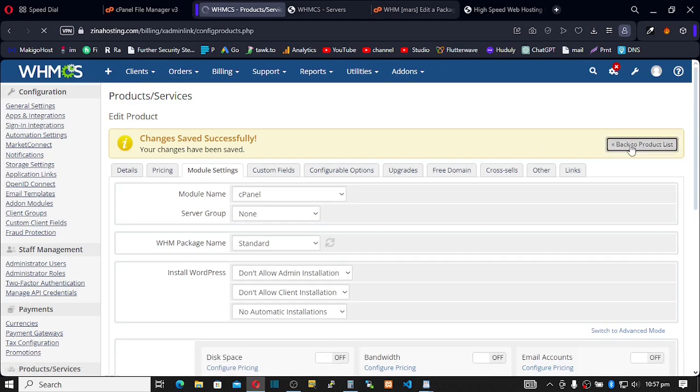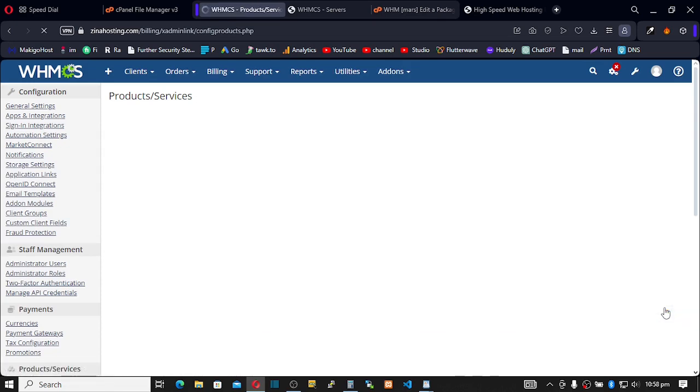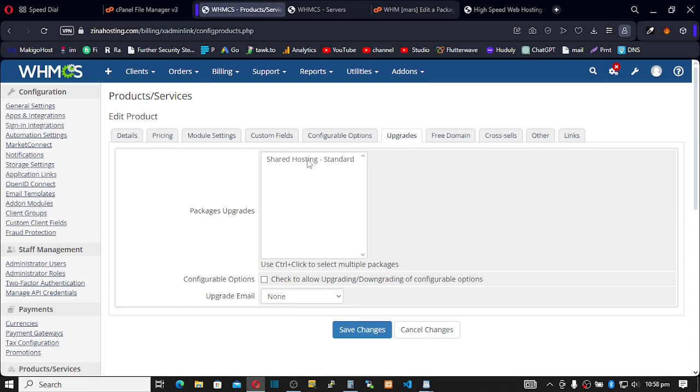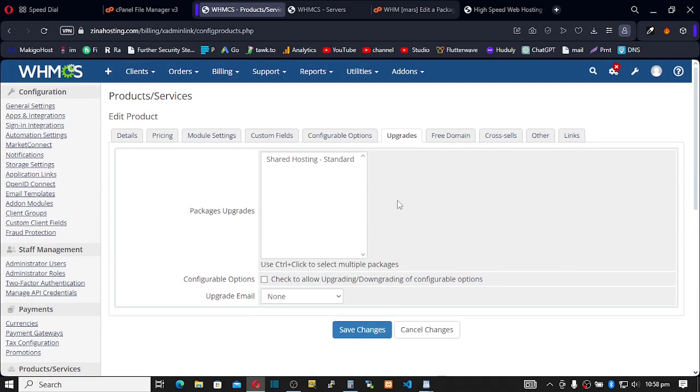So now that we have two packages, let's just go back and let's edit our basic plan. Go back to basic. Inside basic, go to upgrade, and we want them to be upgraded to what? Shared hosting. But before that, please, let's just forget about it for now. Okay, sorry, forget about it, because see, when a client is on a basic plan, our clients will have two options to either upgrade to the standard or the what? Ultimate. Okay, so we want to create all the packages before we do the upgrades, all right? Because I can be on a standard plan and I want to upgrade to the highest plan, but here the highest plan is not there yet. So let's just wait. When we finish creating the plans, we'll then do the upgrades. Okay,